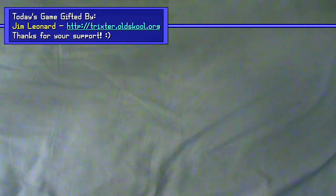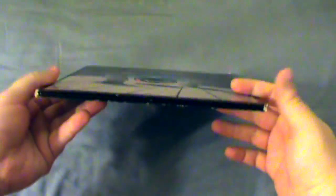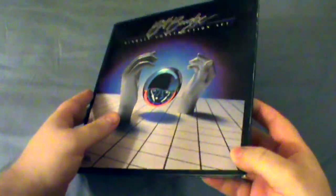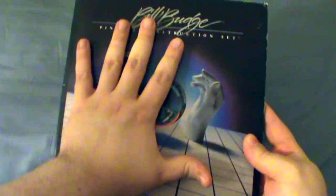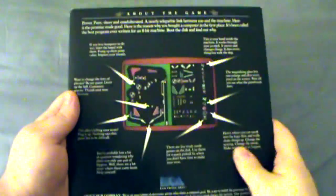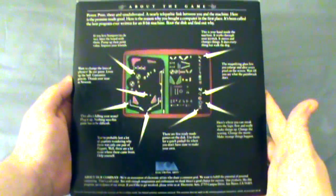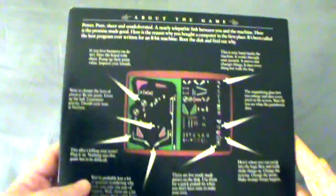Yep, we're doing another unboxing, although this one's kind of interesting because it doesn't actually come in a box. This is Pinball Construction Set, and as you can see, instead of a box, we've got this sort of, well, I guess the closest approximation would be like a record case, because it's not really that big. And this is actually how Electronic Arts distributed all of their software way back in the early 80s and mid 80s and such. I don't remember when exactly they stopped, but this is actually some pretty cool stuff here,